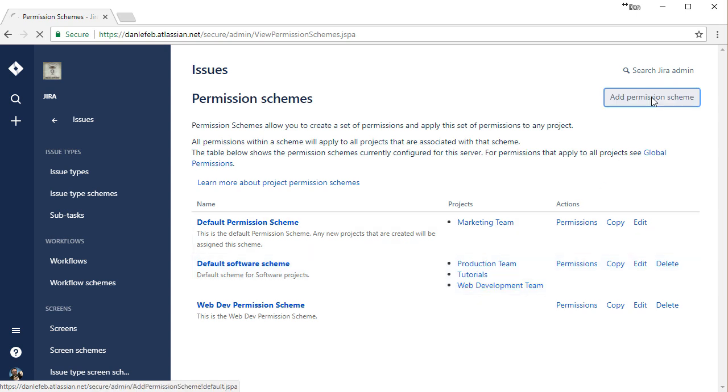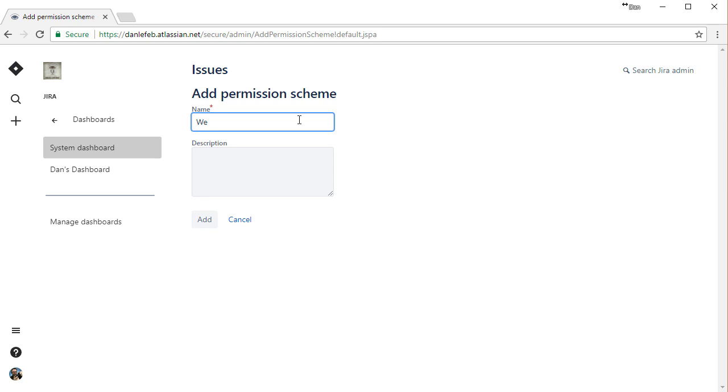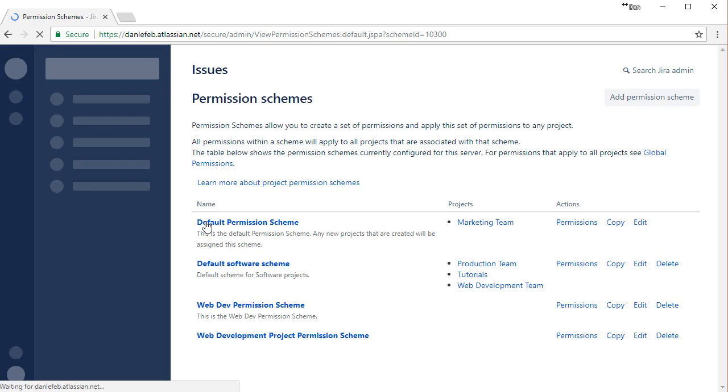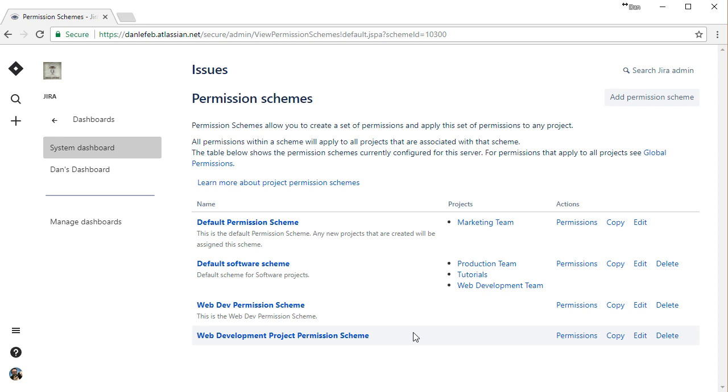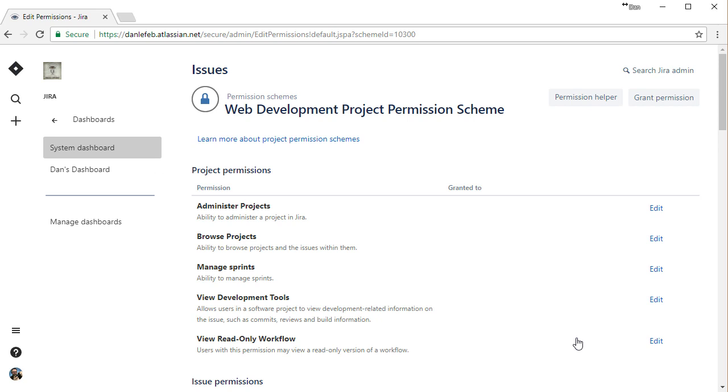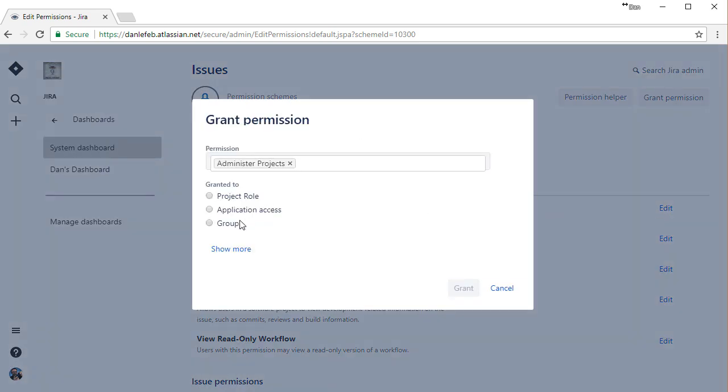So I'm going to come in and let's add a new permission scheme. This is our web development project permission scheme. Add that in. Now we want to change our permissions. So I'm going to come in and let's determine who's going to have the ability to administer the project. So the team leader, the manager of the web development team, is Isaiah, as we learned before. So I'm going to come in here and we can say we want the permission to administer projects to be granted to